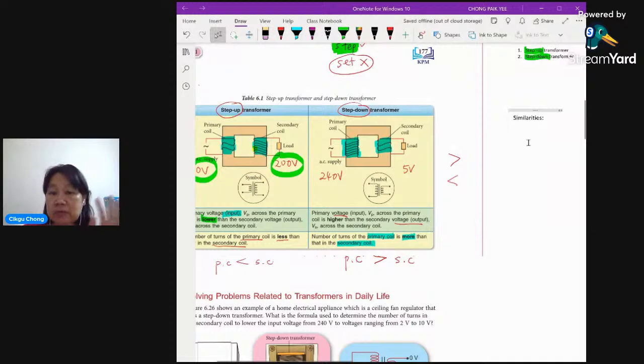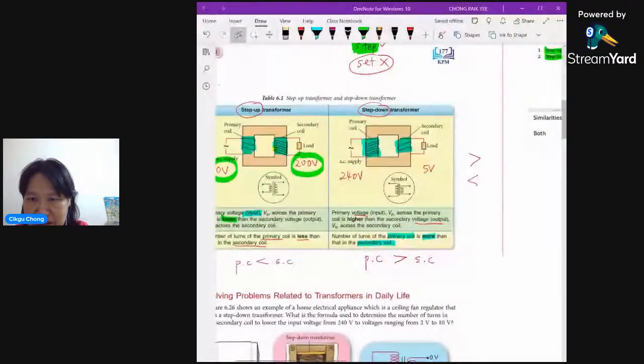So, first of all, talk about function. I start the sentence first, both. Easiest way to talk about similarity is to say both. Okay, both got what? Both can do what? So, anyone? No answer. I'm going to give you the answer. Both have